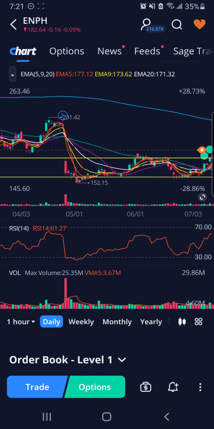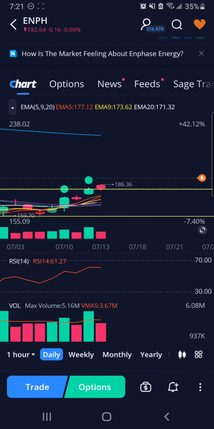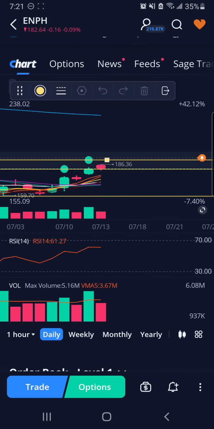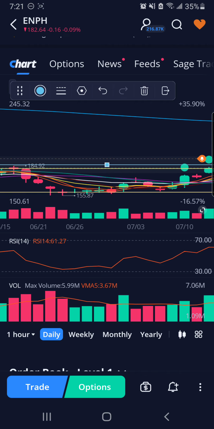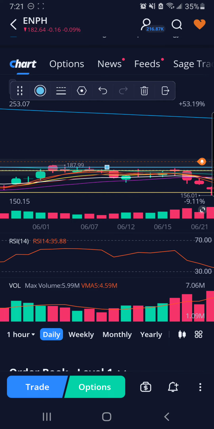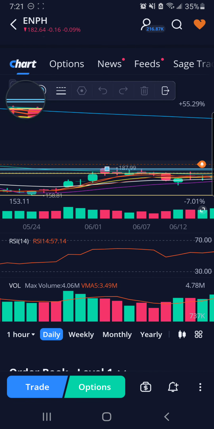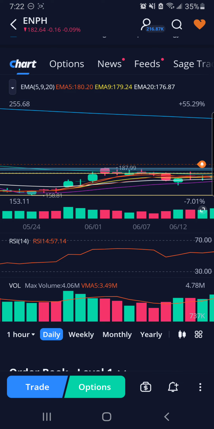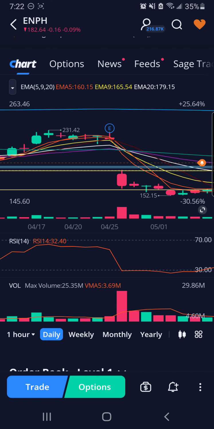Now you take the daily and we'll make some more lines. It's a very basic strategy. You draw a line here, I make my dailies blue, and follow that blue line across. You can see that it touches that blue line and comes back down. We'll do one more here because that's probably one of our last resistance lines for the daily. You keep going across, and you can see